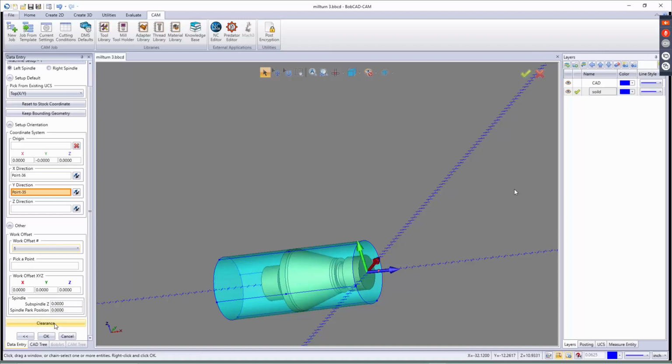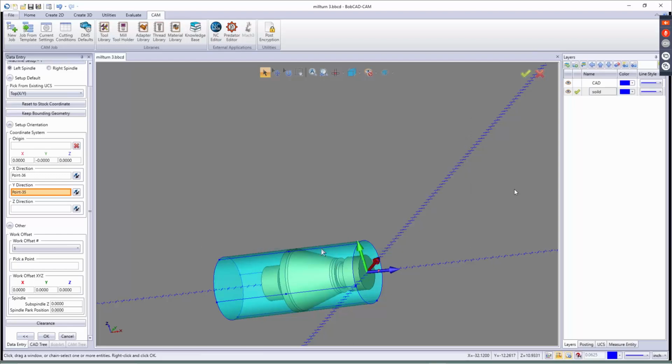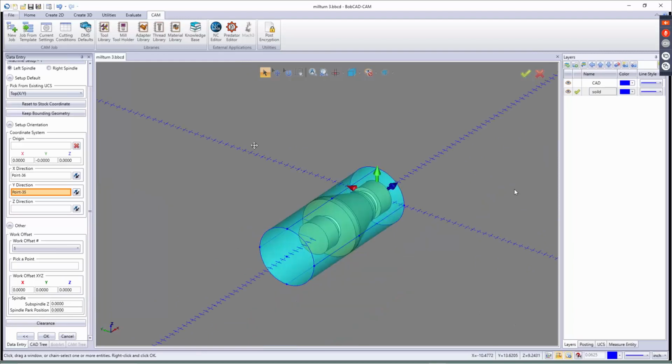What we're going to worry about is our offsets here. So let's go into clearances. This is auto. So we're looking at the face, diameter, and internal in here. These are all set up for the lathe, basically. If you look at the picture, it'll kind of show you. We got 1 inch off the face, 1 inch off the diameter, and 50 thousandths off the internal diameter. So if that's good for you, you can leave it as is. What we need to do is set this up the way our machine is set up